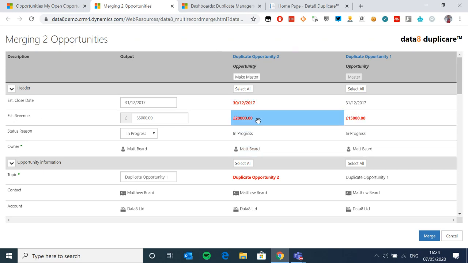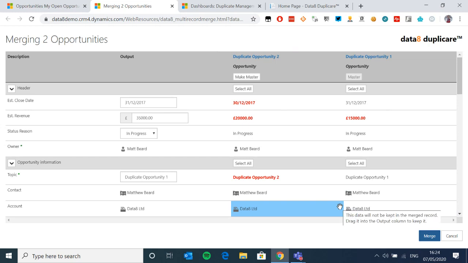This is a sum of revenue now. This isn't a left or right, this is a sum. And I can now press merge on that. Now, obviously, behind the scenes, merge on these doesn't exist. So what we actually do is we calculate the best way of doing a merge on that, and we worked out precisely how the merge handles behind the scenes and what it does, and we sort of recreate all that behavior. So once you get to that point, you press merge, and that would complete that through.